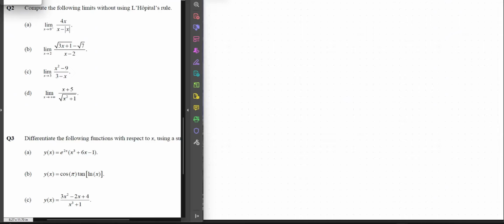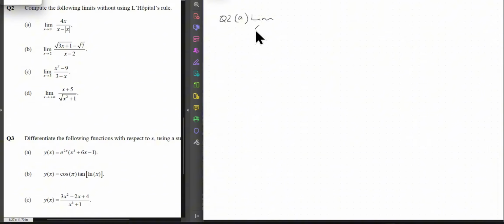Question 2. Compute the following limits without using L'Hopital rule. Number 1. What is the limit of a function as x approaches 0 from the left for x divided by x minus absolute value of x? So, for question 2, part A,